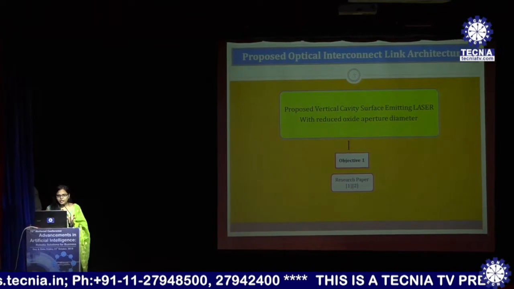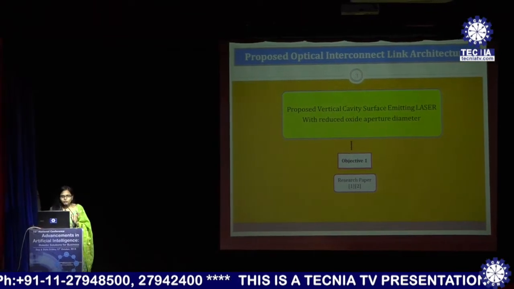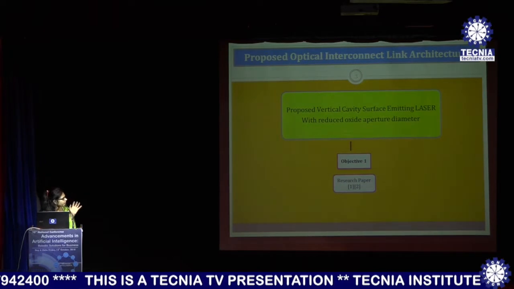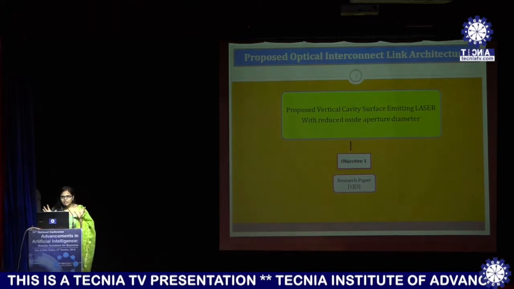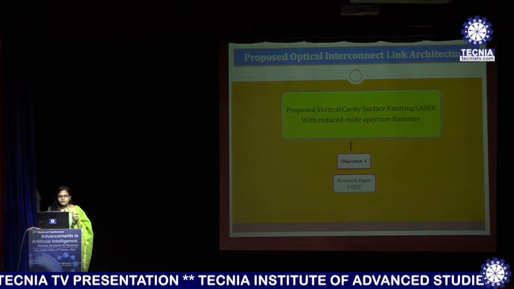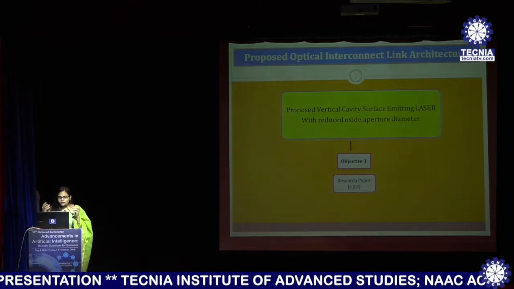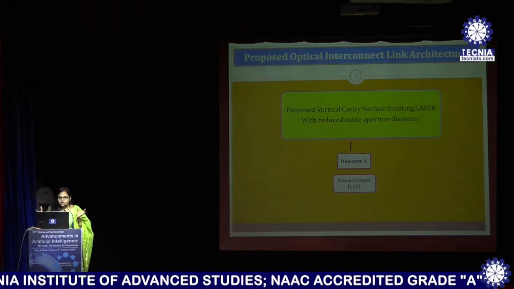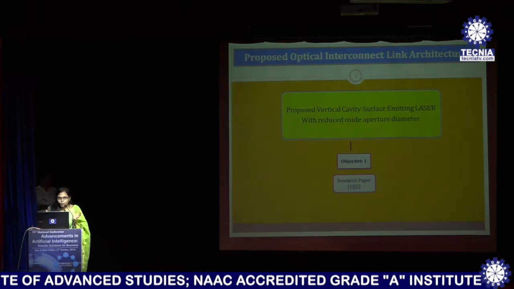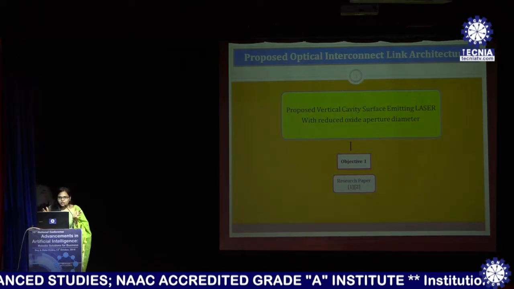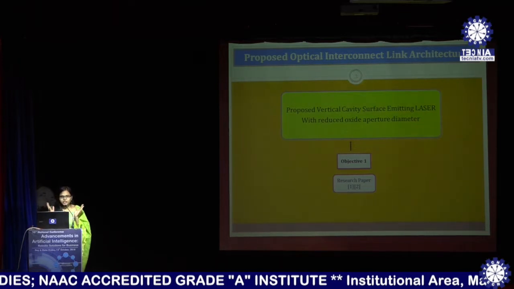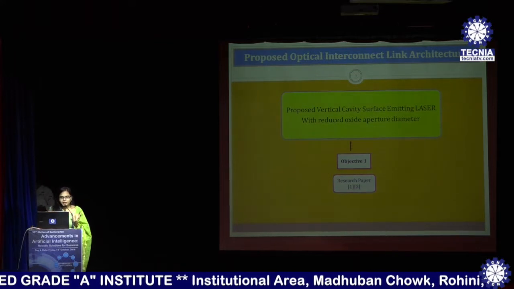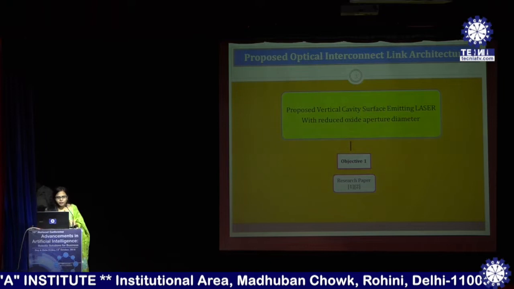Next, in that interconnect architecture, I have worked on the laser: how to make the laser efficient. It's written as oxide aperture diameter. What actually is oxide aperture diameter? Oxide aperture diameter is the area that is consumed by the laser. Suppose we are designing a laser and we know the size of the mobile, the size of the laptop is already very small. If we introduce very large things in that, how can it be possible to make it small? So also for that, if we are using optical things, using light in chips, we also have a small area. To make the small area, we have a small oxide aperture. We write it as oxide aperture diameter.